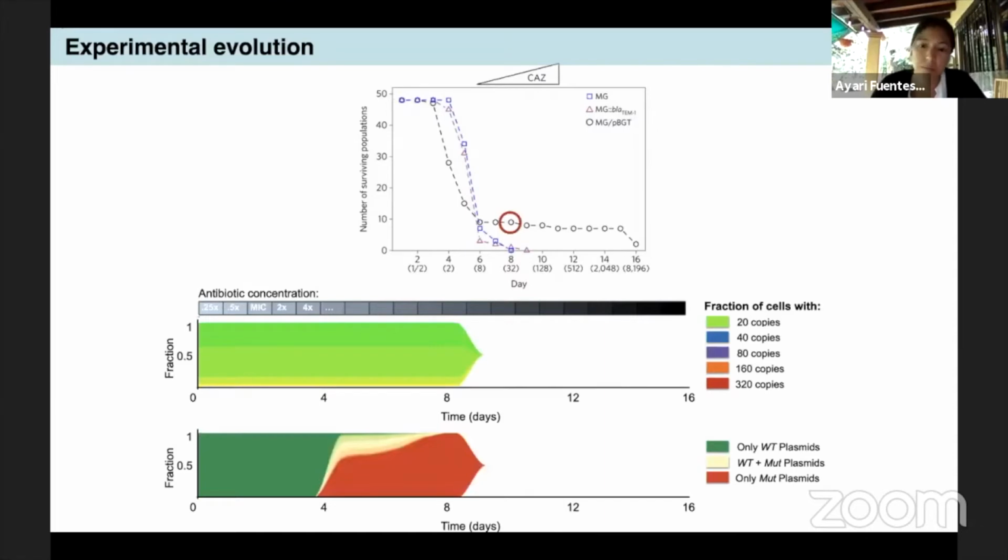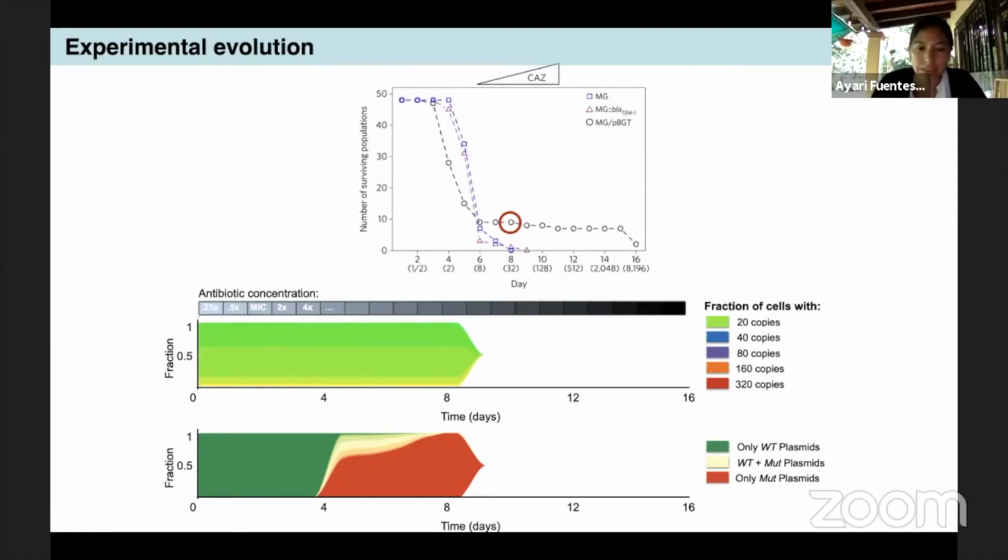Then on the 4th day, we have a mutation in the plasmid that confers resistance to this new antibiotic. Remember that TEM1 was just resistant to ampicillin, not to ceftazidime. And then from 4 to 8 days, we have a combination of the mutant plasmid and the wild type plasmid. The mutant plasmid, which is better for the environment they are in, is going to fixate